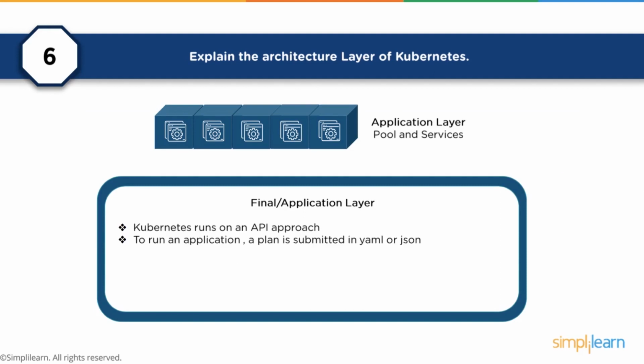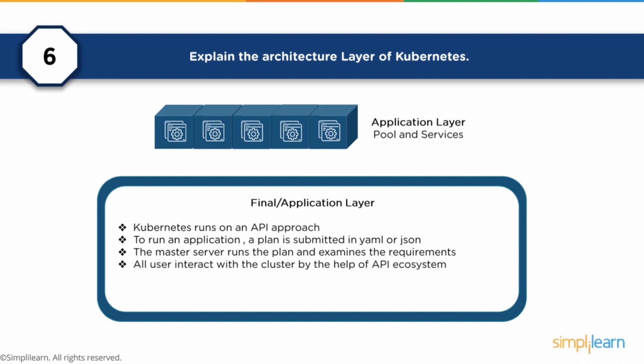It's to run your applications within containers, and you use instructions that are written in YAML or JSON to actually set up those containers. And you actually have the environment running on a plan that examines these instructions, so it keeps the entire environment healthy. The API ecosystem is used to interact with the cluster. So you don't have to do that by yourself.